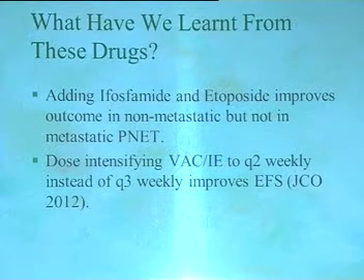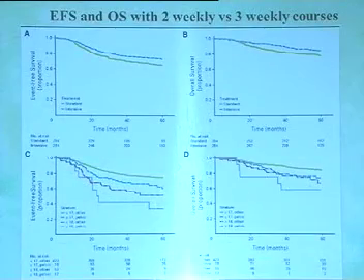Now the same question of dose intensification in Ewing sarcoma, 2 weekly versus 3 weekly, just the way that was tried in osteosarcoma, there is a benefit. So by using 2 weekly chemotherapy, this is a recent paper in JCO, it shows that the 2 weekly regimen in Ewing sarcoma improves outcome in non-metastatic Ewing sarcoma.